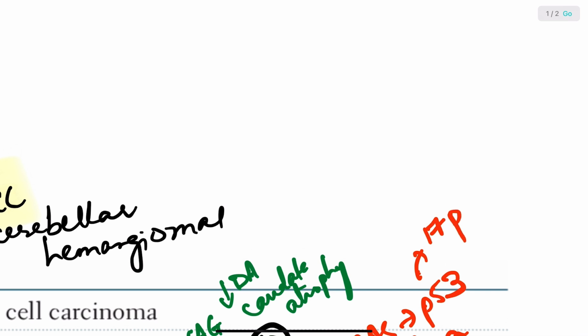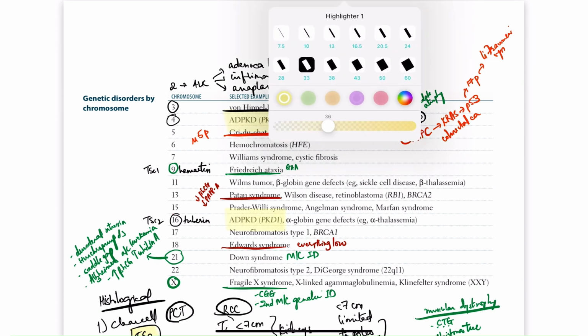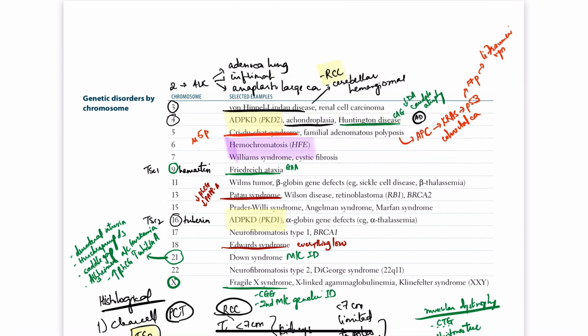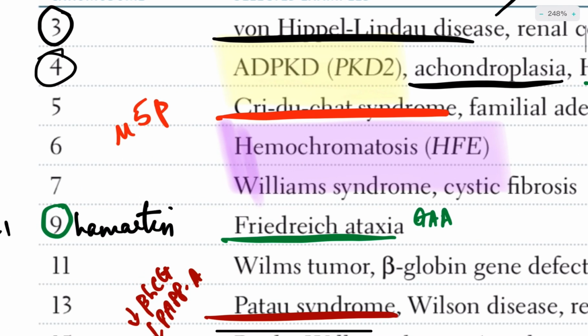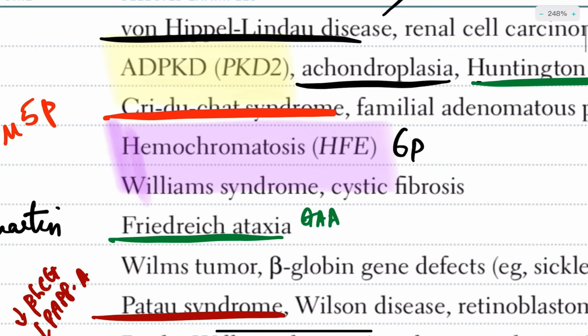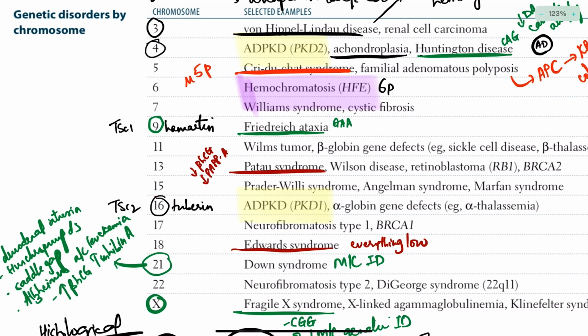17p, right? And it is also associated with Li-Fraumeni syndrome. So this was familial adenomatous polyposis. Next, coming to two diseases which we can discuss and finish off together. We have hemochromatosis, which is HFE, which is present on 6p, the short arm of chromosome 6, along with Wilson's disease, which is present on chromosome 13